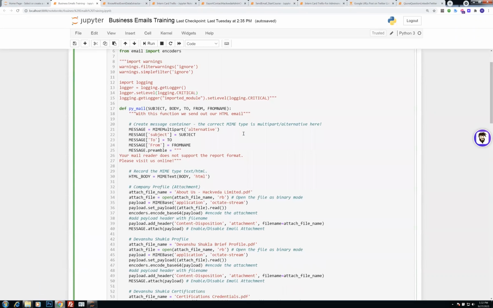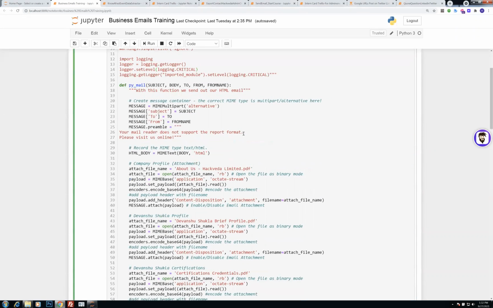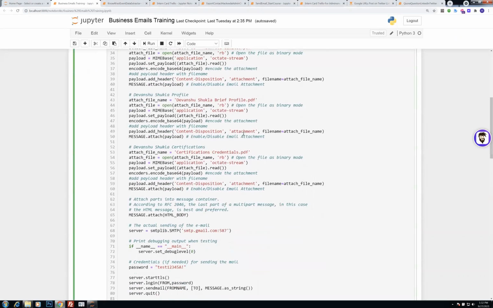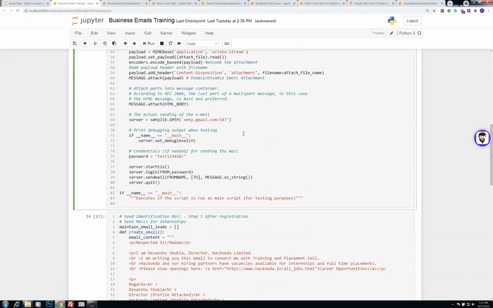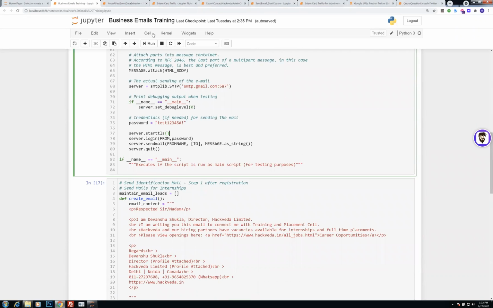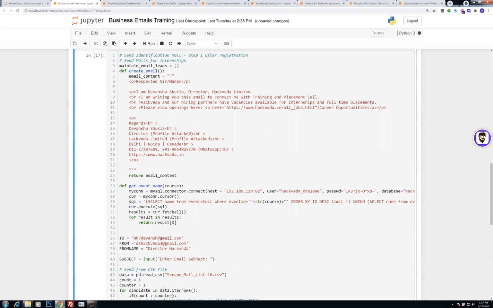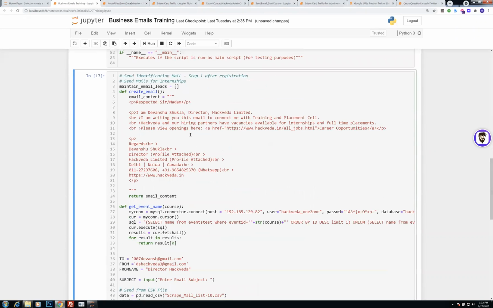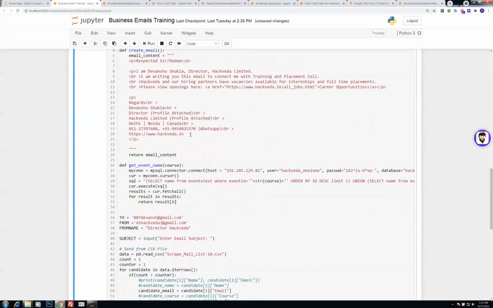I have already told you how we create the Python mailer script and how we attach the attachments. I think this is already clear to you. You have already done this in the previous training class for Python.